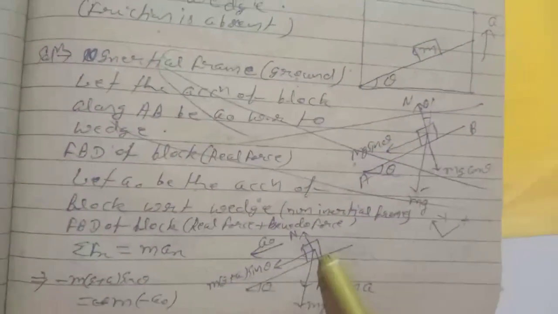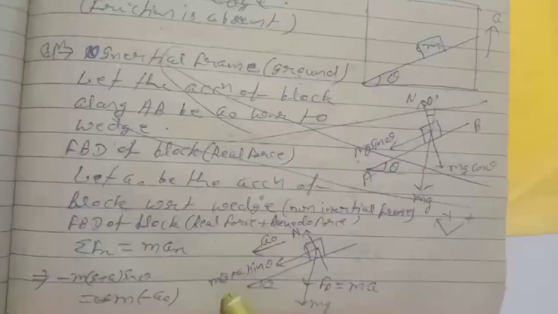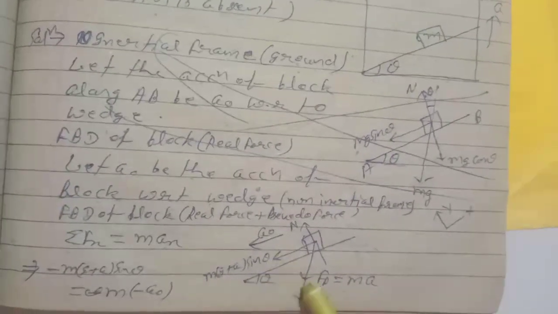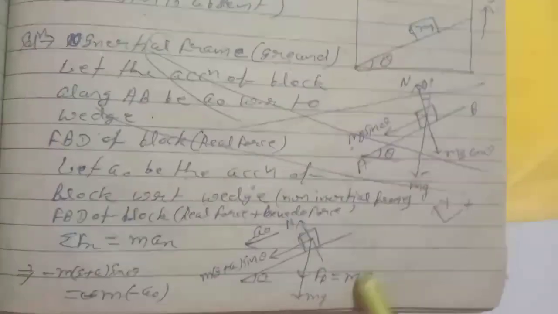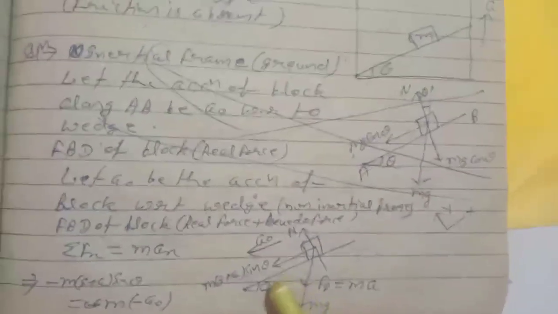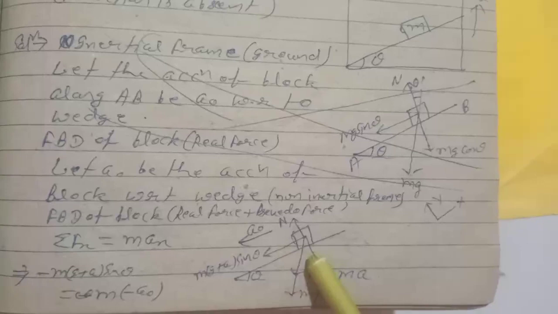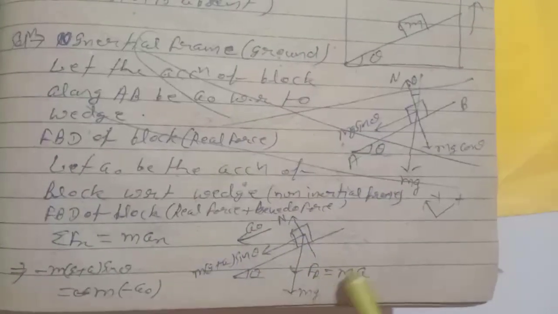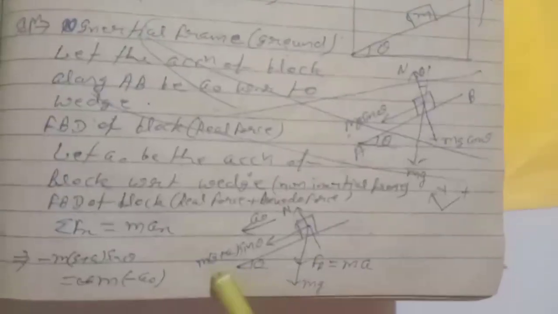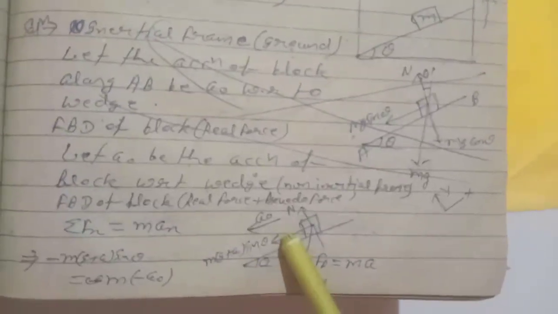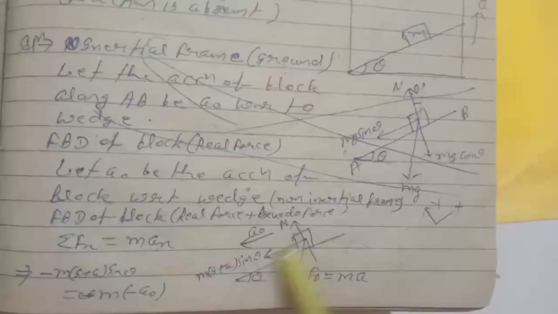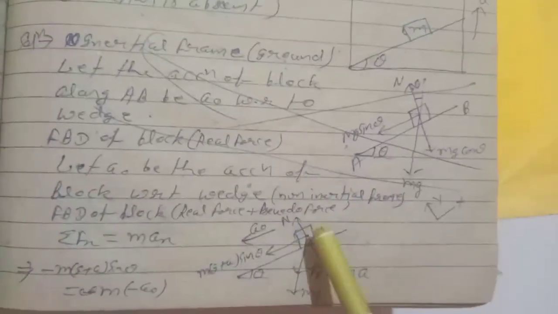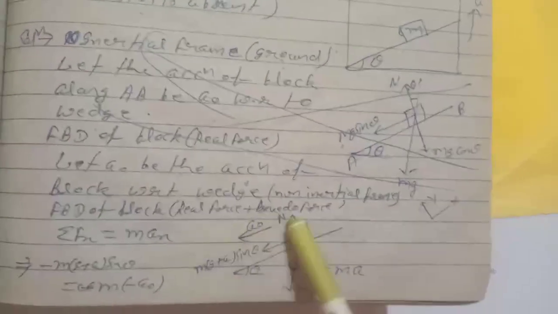Now m into g plus a sin theta, because pseudo force in this direction is ma, because this is theta, so it will be also theta. So in this direction, the component of this plus this will be m into g plus a into sin theta, and so we can write, because this is moving in this direction,